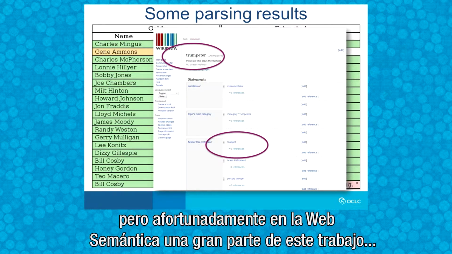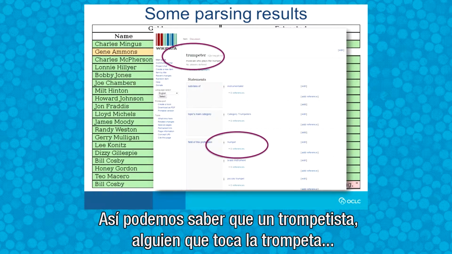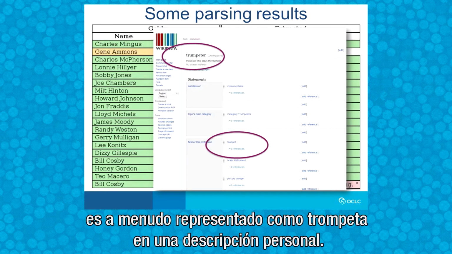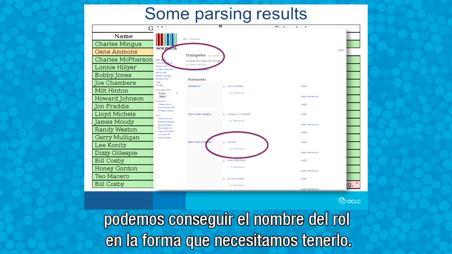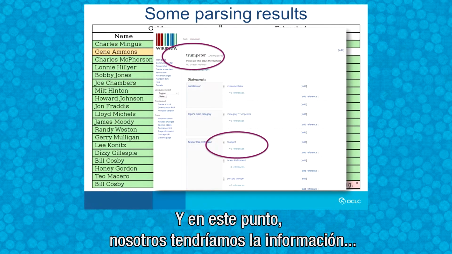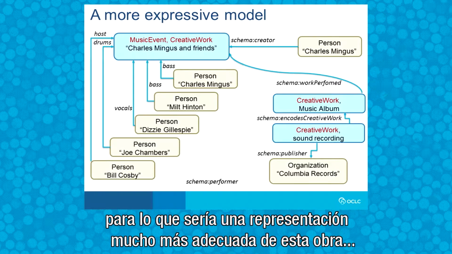But fortunately, in the semantic web, a lot of this work has been done for us through a link to Wikidata, so that we can know that a trumpeter, somebody who plays the trumpet, is often represented as "trumpet" in individual descriptions. And so by linking to Wikidata, we can get the role names in the form that we need to have. And at that point, we would have the information for what would be a much more satisfactory model